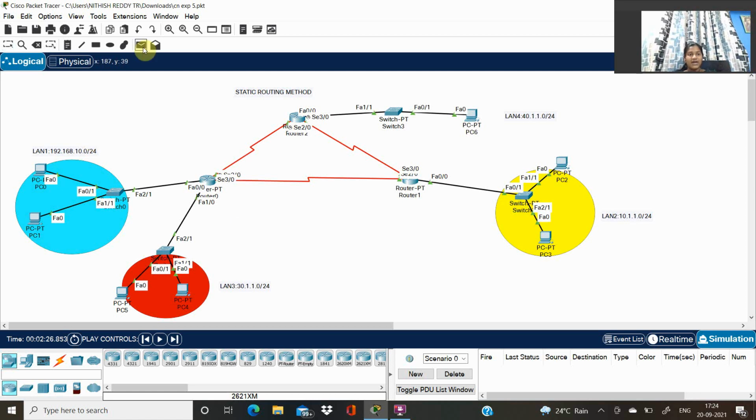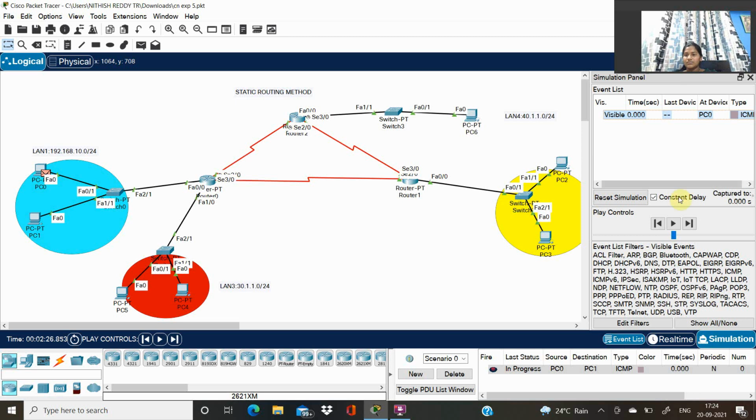Now we'll pass a message from PC0 to PC1, and let's check whether the router is running or not in simulation mode. Yeah, it is sending, and it is receiving.